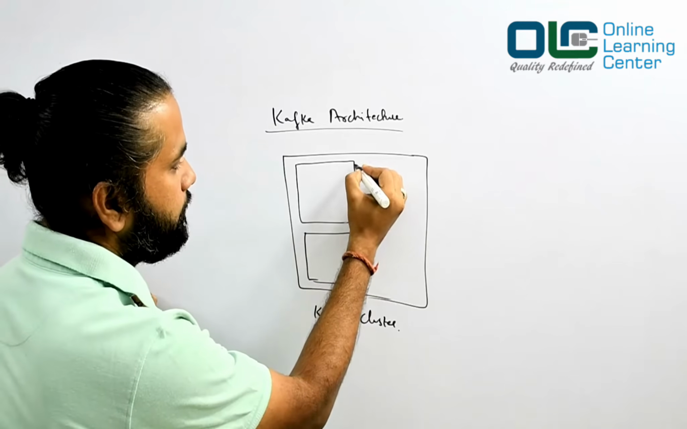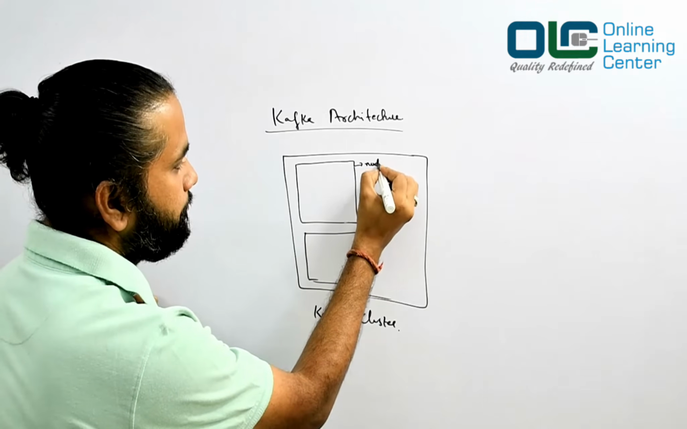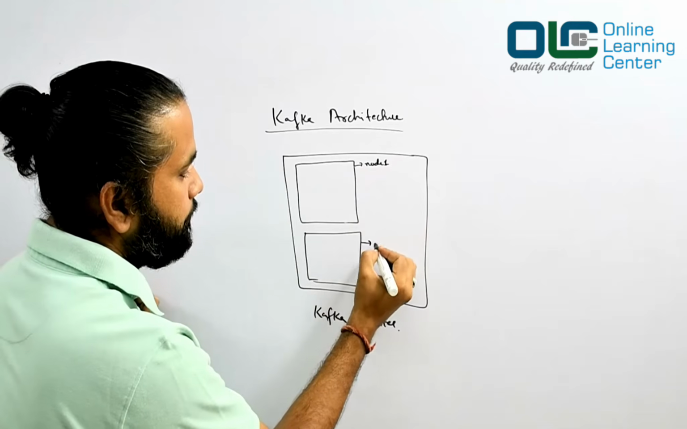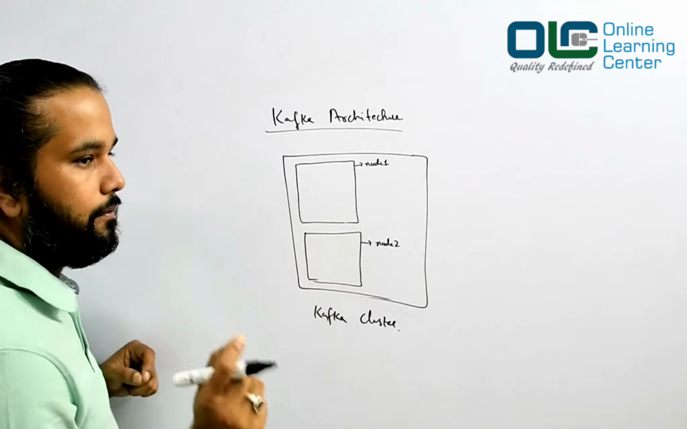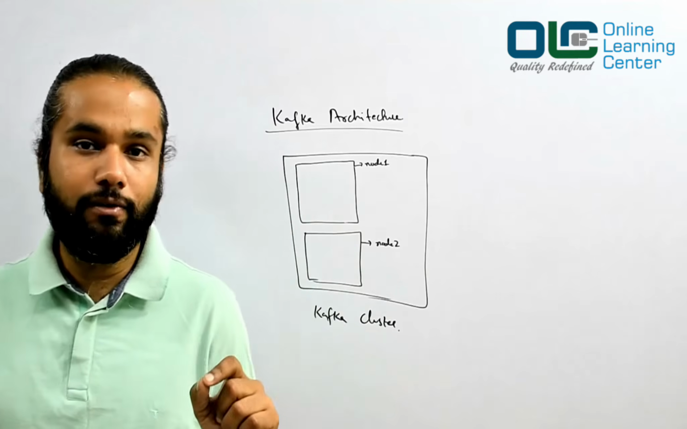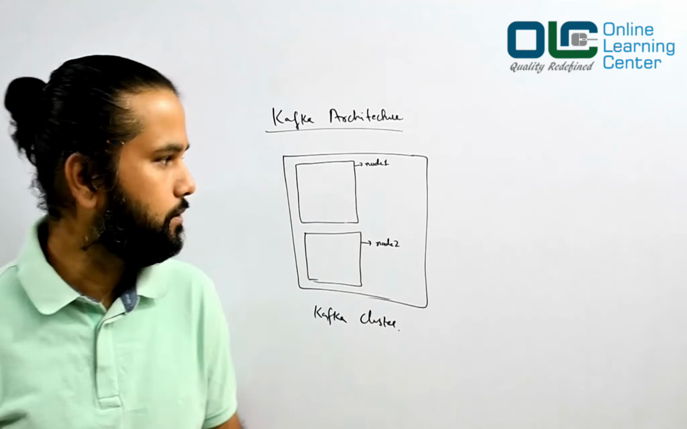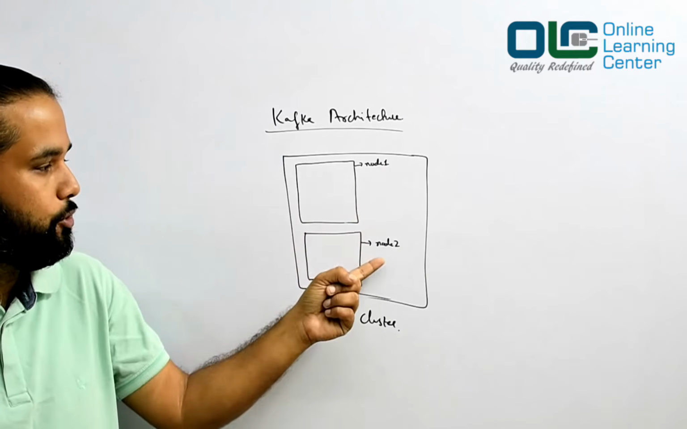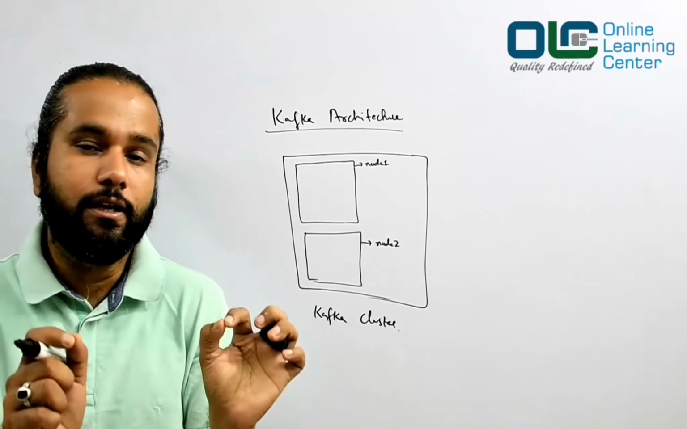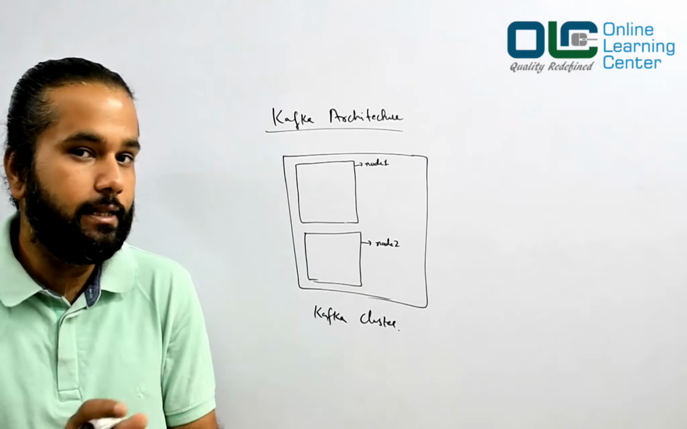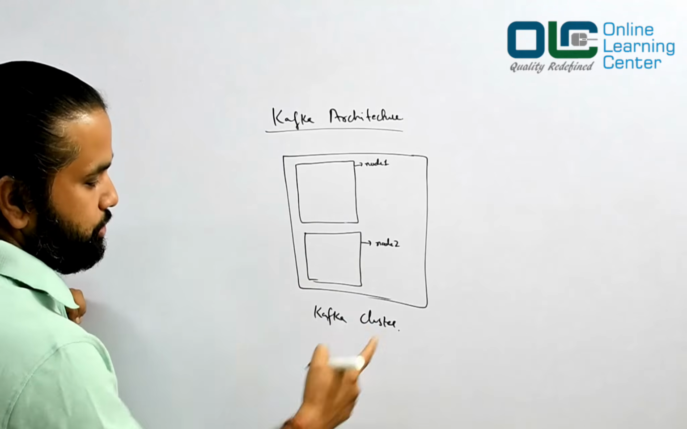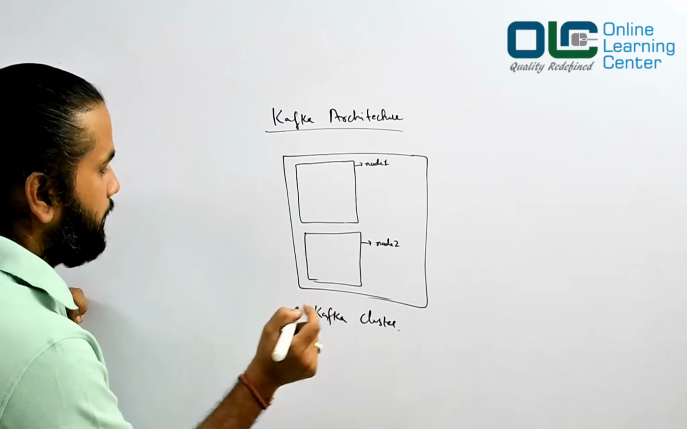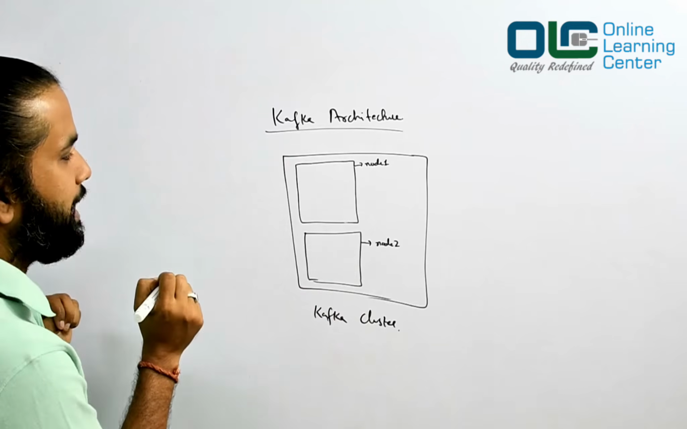So I have node 1, I have node 2. And in these nodes, what we have done is we have installed Kafka. We'll learn how to install Kafka later. So we have node 1, we have node 2, and in these nodes we have installed Kafka systems, right? And they are all up and running. Now this is called your Kafka cluster,